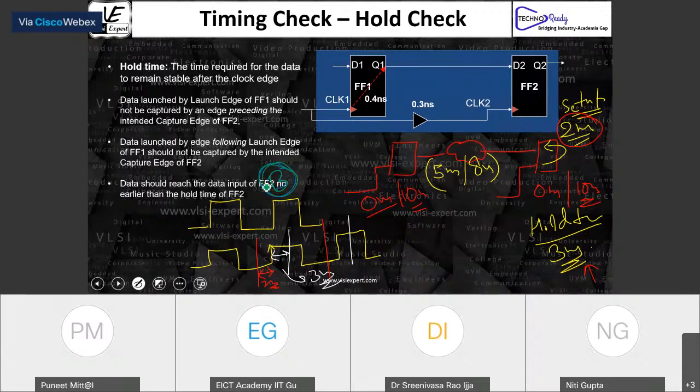B should reach, because this B data, we are going to launch it here and we are going to capture it here. So as per the setup, this B data should reach somewhere here before this. If it is reaching before this, then this particular edge is going to capture the B very well.